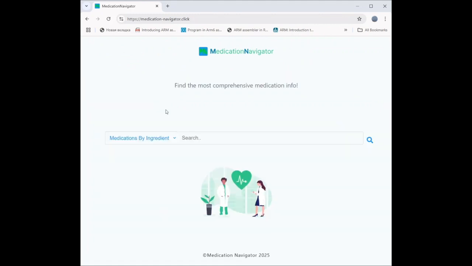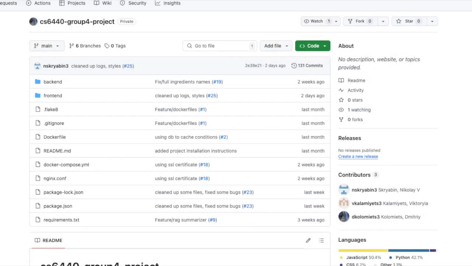Thank you for watching. Now let's talk about the backend side of our project. We built it using FastAPI, which was a great choice for us. It's fast, modern, and easy to use. Plus, since it uses Python, our team's native language, development was quick and smooth, with interactive documentation, which was a big help